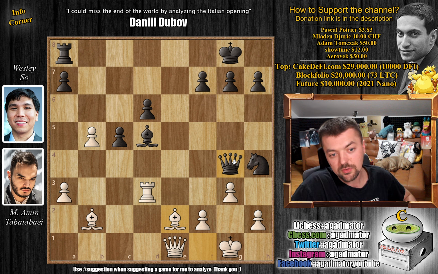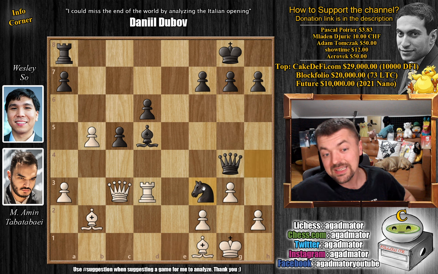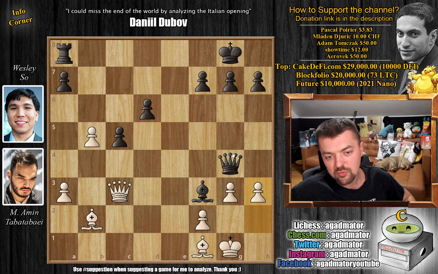Well, that's one way to do it, but we don't want to do it. First, we play queen to c3. We threaten the g7 pawn, and still the knight is hanging, the bishop is hanging, and the queen has to keep an eye on the g7 square. And now if you go knight to f3, and it seems like it should be working, still just rook captures, bishop captures, and now again the mighty h3 move forces the queen away